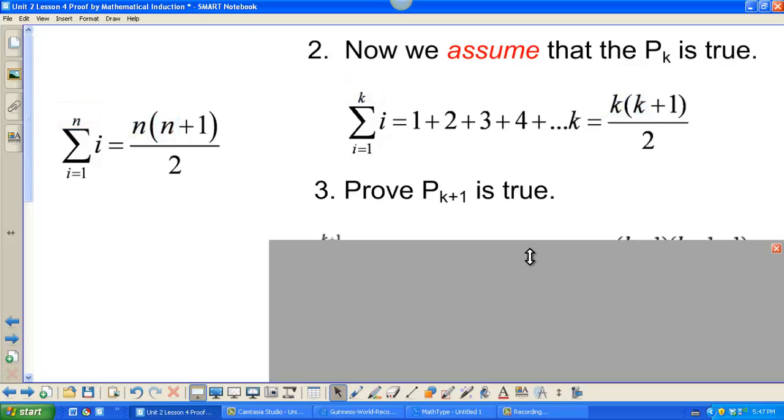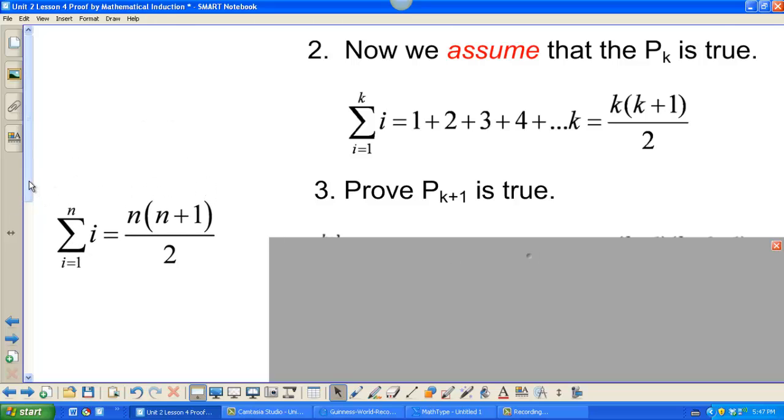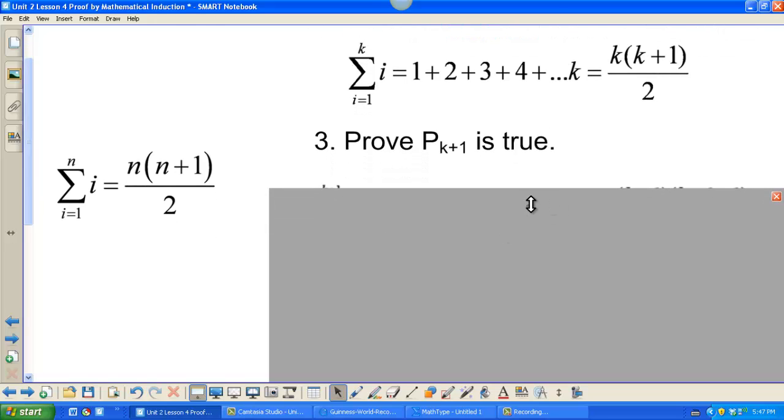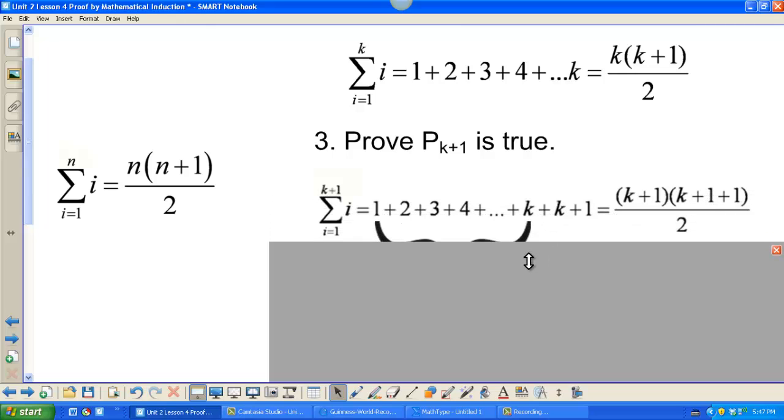Third step, I'm going to do the same thing, but we're going to prove that if I input k plus 1 into the statement I am trying to prove, that it is true. So here we go. If I think about this, I would take the summation from i equals 1 to k plus 1 of i, and this means I would add 1 plus 2 plus 3 plus 4 all the way up until k, and then I would have to add the upper bound of k plus 1, and we are trying to prove that it is equivalent to k plus 1 times k plus 1 plus 1